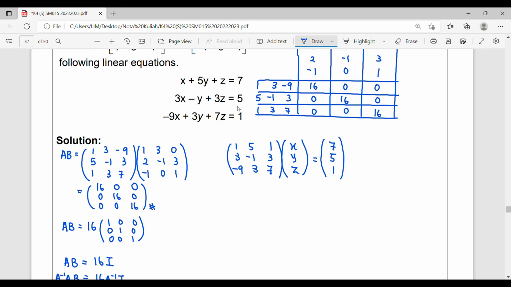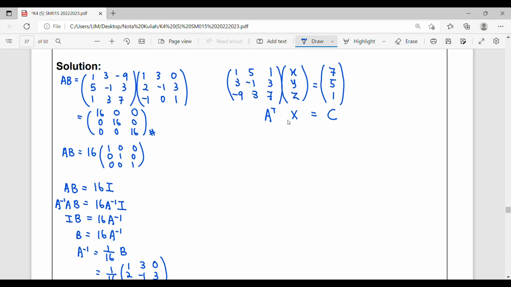So notice that this is our matrix A transpose, where you can see the first row becomes first column, second row becomes second column, third row becomes third column. So this is our matrix A transpose, and this is our matrix of unknowns, and this is our result, matrix C. So in order to solve means we are going to find out what x, y, z are. So to get this matrix of unknowns x, y, z, we have to simplify the A transpose here. So A transpose, we are going to times with its inverse,